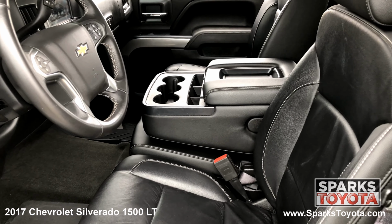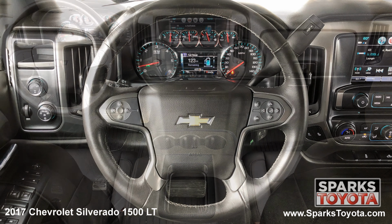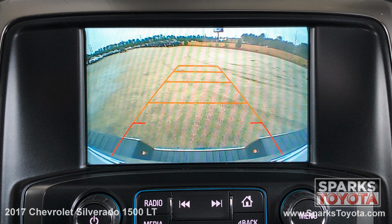The front row power heated leather bench seating. Cruise, AC, a locking glove box, OnStar, a large center console, door bins, a leather steering wheel with convenience controls, the multimedia touchscreen with a CD player, Bluetooth and voice activation, and a backup camera to make backing up a